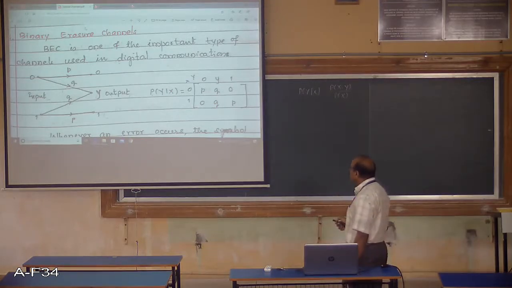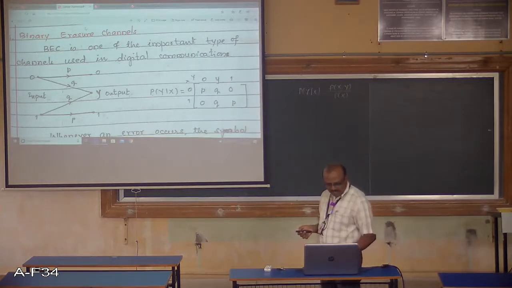For such a channel, the corresponding channel matrix is: 0 transmitted, 0 received is P, 0 transmitted, incorrect reception is Q. So there is no concept of 0 transmitted and 1 received, as this is always incorrect, so that probability is always 0. Similarly, 1 transmitted, 0 received probability is also 0. Incorrect reception, the tri-state symbol, is represented as small y. Correct transmission, 1 transmitted, 1 received, is P. So for such a binary eraser channel,